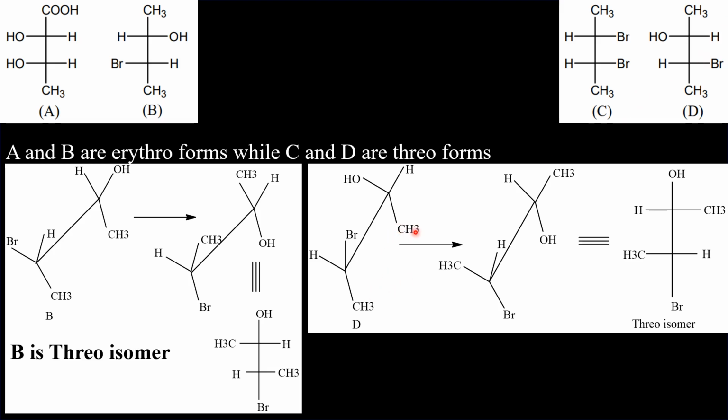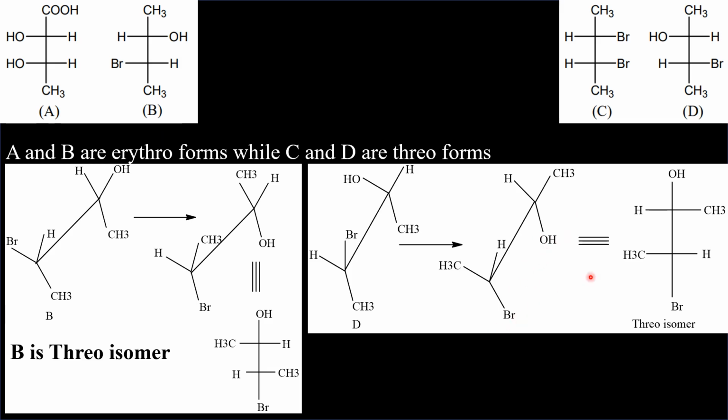Now what I have to do is bring the dissimilar groups down. Hydrogen and hydrogen, methyl and methyl are similar, the dissimilar groups are bromine and OH. So do a rotation about the carbon-carbon single bond, bring the bromine down. When bromine comes here, methyl will go to the place of hydrogen, hydrogen will go to the place of bromine. So I have done that. Now by doing a rotation, bring this OH down. When OH comes down, hydrogen will go to the place of OH, methyl will go to the place of hydrogen. Yes, I have done that. Now the two dissimilar groups are down.